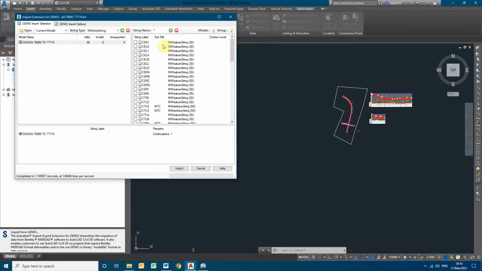It will scan and give us the strings. Whatever strings I have to display, I will be selecting only those strings. Selecting 360 strings.